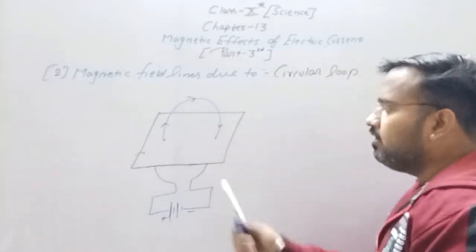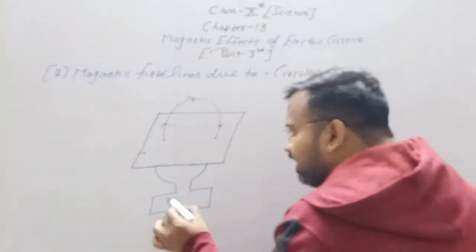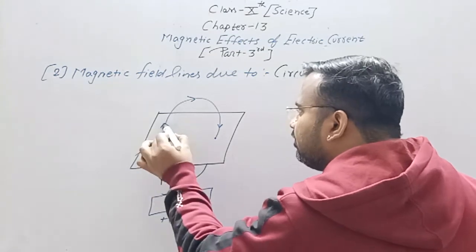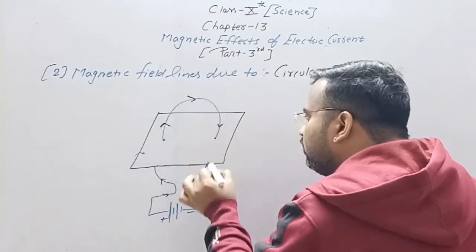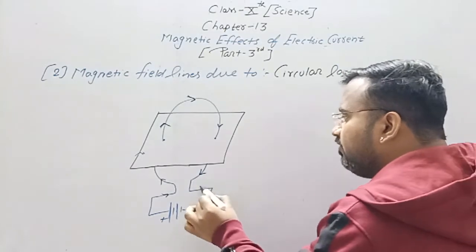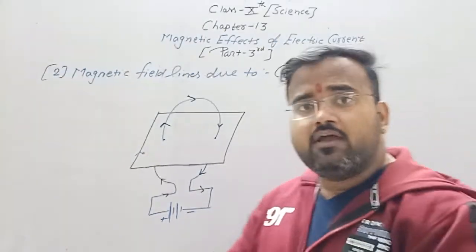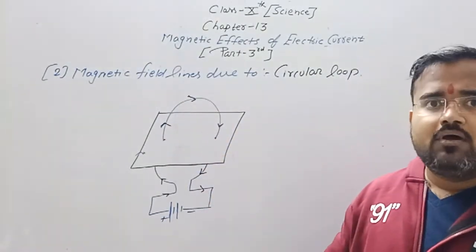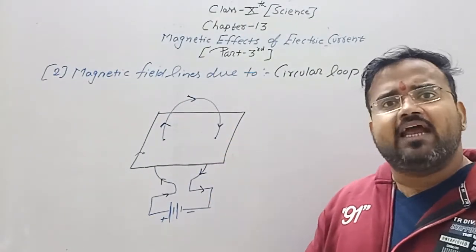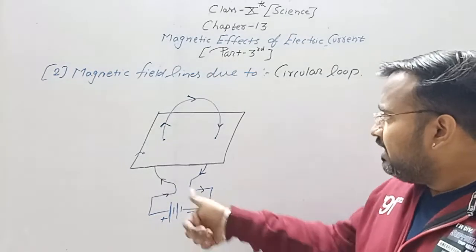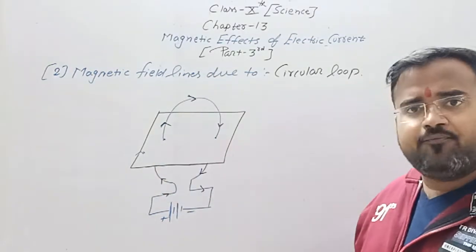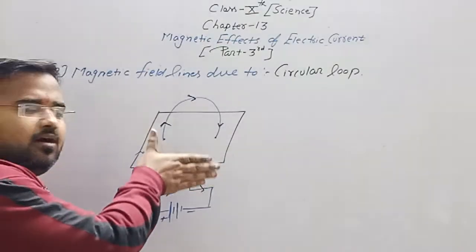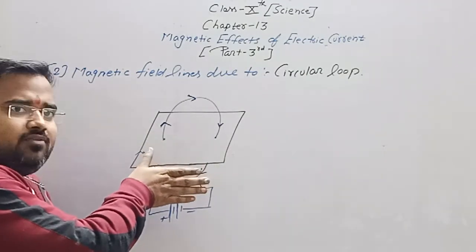Now this diagram is okay. When the current is passed through the circular loop of coil, the current would be in this direction, as we know that the current flows from positive terminal to negative terminal. Now pay attention. When the current is passed through this circular loop, we'll use Maxwell's right hand thumb rule. See here the direction of current is upward. So we'll use the Maxwell thumb rule.